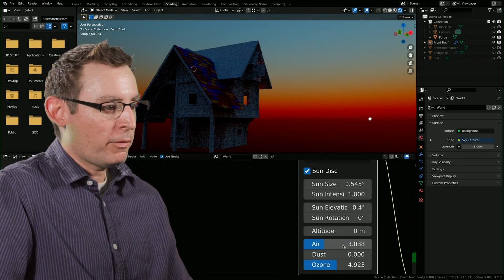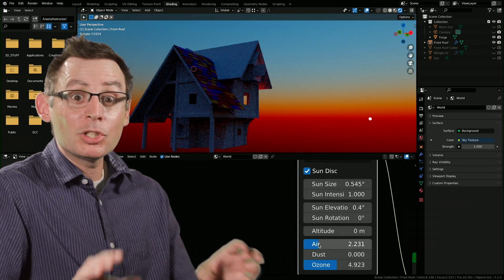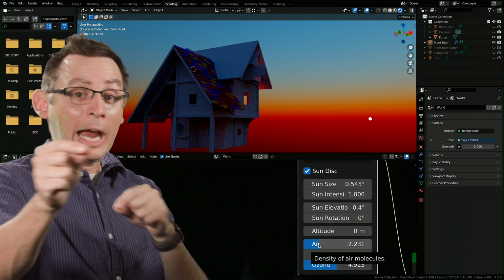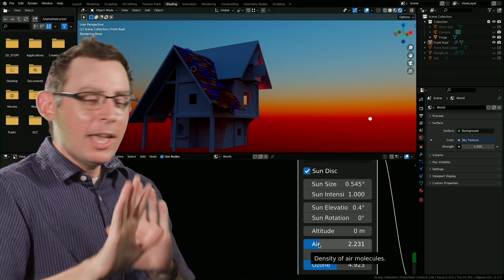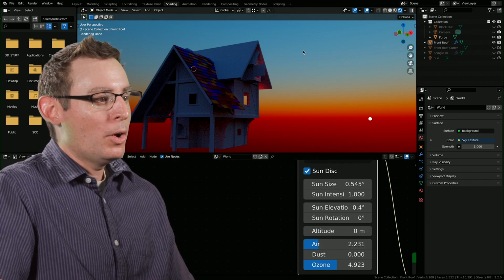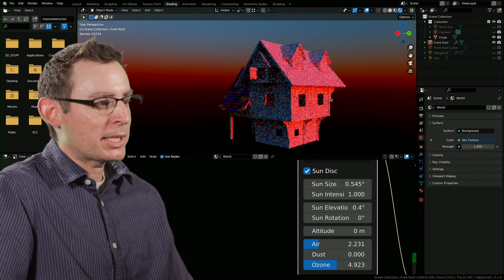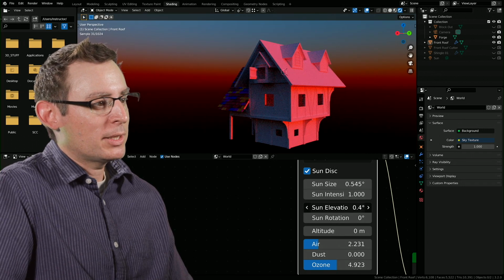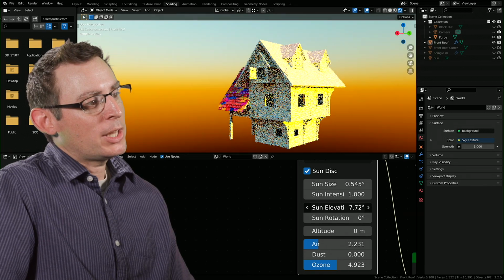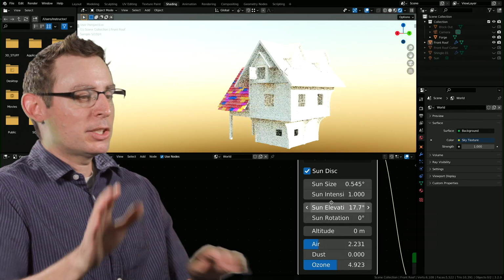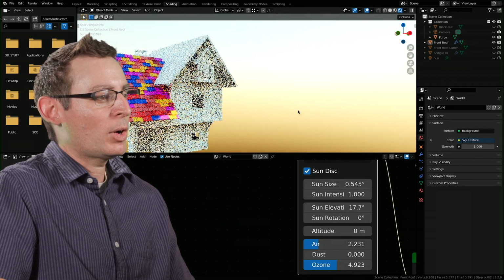We can turn that off. We can increase and decrease the amount of air in our environment, which is actually responsible for refracting the moisture in the air, refracts the light around. We have a lot of control here over how all this works. And if we zip around to the other side of my blacksmith shop and increase the sun elevation, how cool is that? Look at the shadows as they change their orientation as the sun rises across the sky. I think that's just really kind of neat and incredibly compelling.